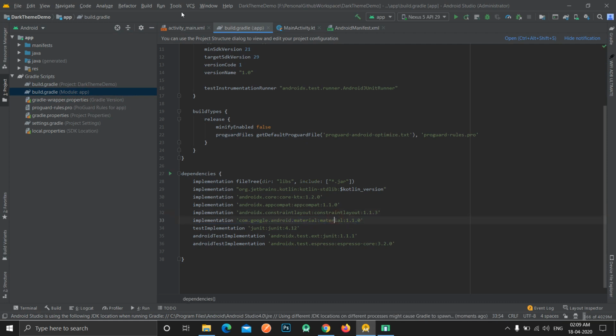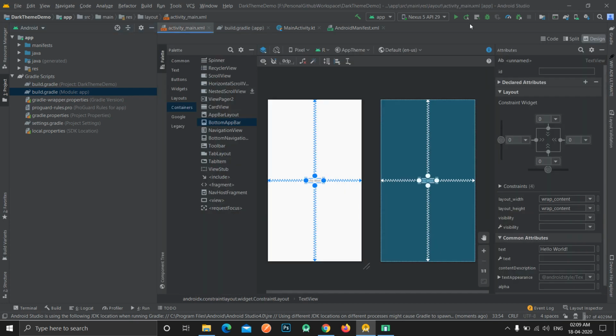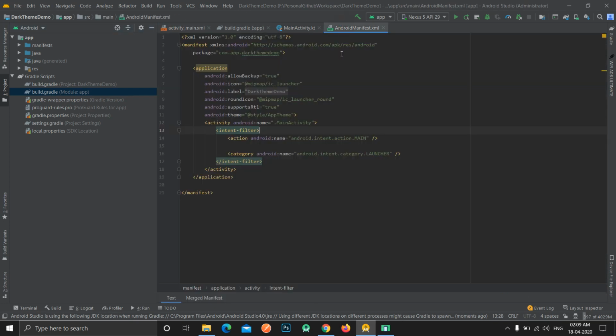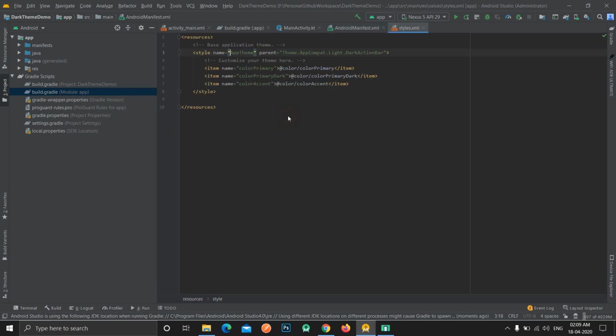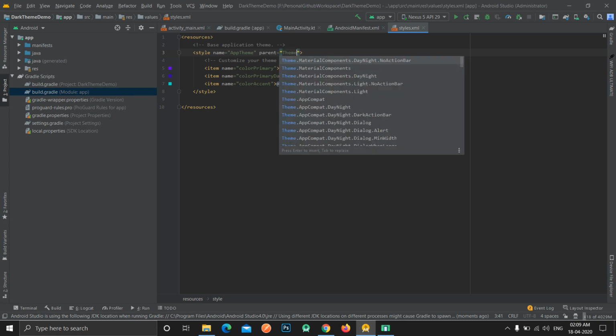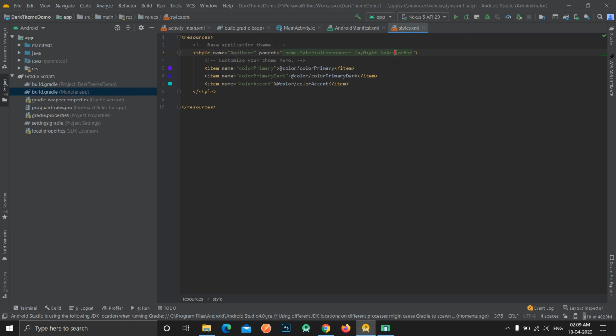Okay, so now the first step is that we have to change our theme. Basically our theme is currently implementing the app compat library's theme. So we have to change this to something like this, the day night theme. Let it be, yeah, no action bar.